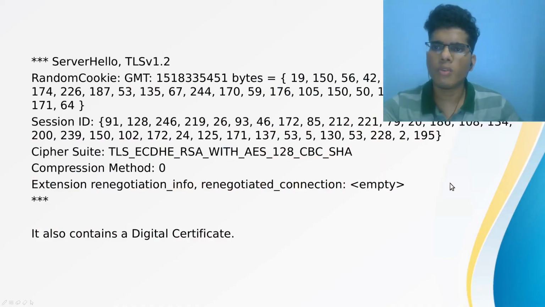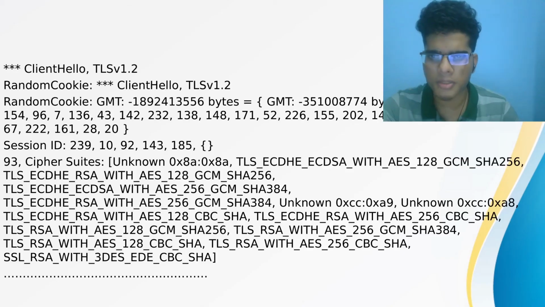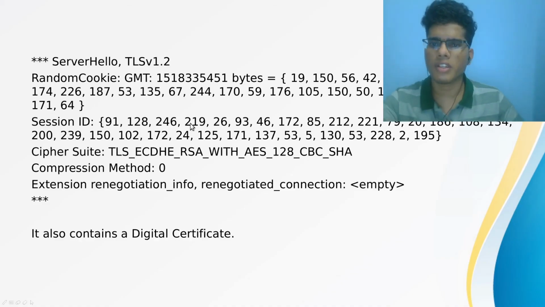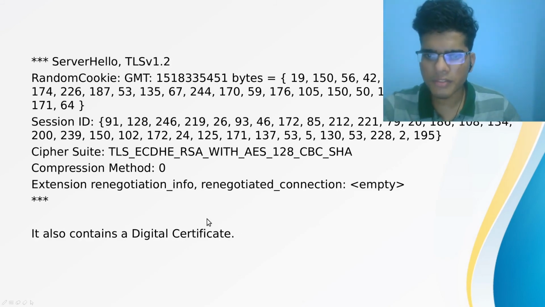Now let us look at how a server hello message might look. As we know, the server hello message initially has the TLS version which can be supported by the server. And the other important thing we need to note is this cipher suite. Cipher suite denotes the encryption which can be supported by the server, and it is selected from the list of encryption sent by the client hello message here. This RSA with the AES 128 bit key algorithm is being chosen by the server in this case. And it has also got a digital certificate, which is a very huge file.